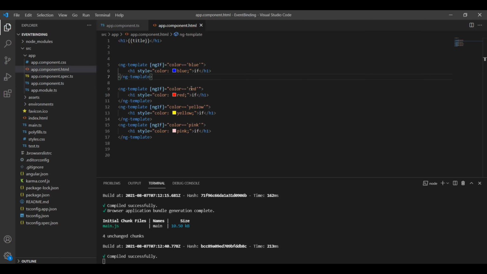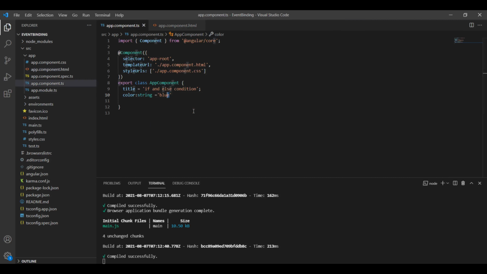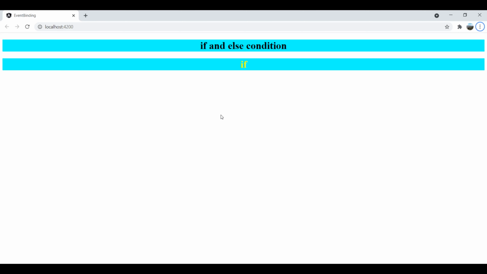If you want the if element in yellow, then you only have to change the variable value to yellow, and you can see that when you change it here the control will come to the third element and you will get the output as shown on your screen.